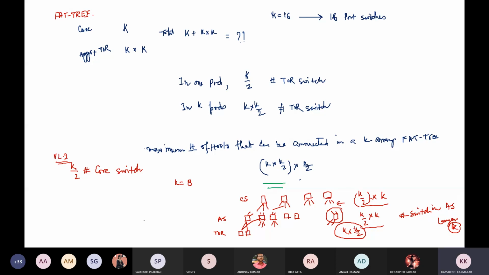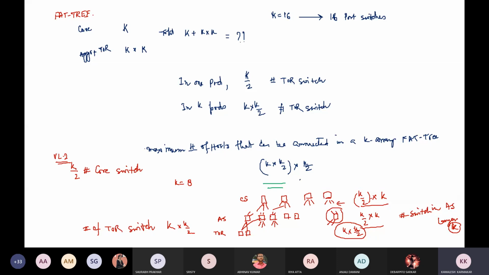So from here we can determine that the number of TOR switches here is k.